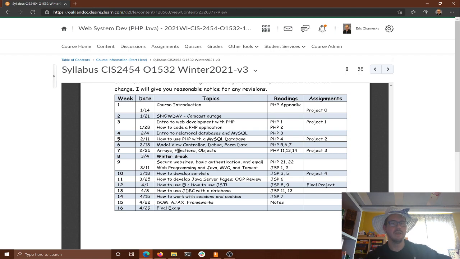Okay, so we're moving along. We don't need any of this stuff for project 2. We can just do some ugly pages. This will show us how to do stuff a little bit nicer, but again, you don't need to do it unless you want to. You don't need to apply any of that. So you should have everything you need for project 2 to get moving on, and then we'll learn the new stuff. We'll get into project 3. We'll finish up PHP, and we'll move over to the Java side of things using Tomcat. Okay? And eventually we'll do a little talk on Ajax and DOM and some fancier things and frameworks. There's a lot of really cool tools out there, but we need to have the basics before we do that more interesting stuff. Okay? All right.